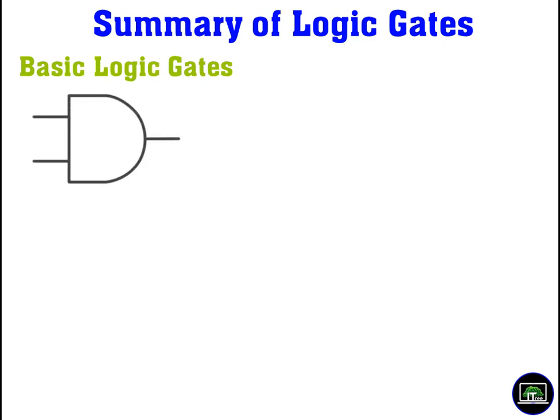First one we call this one. This is a symbol for that. This logic gate is called AND. You should know how to draw this one nicely and clearly and correctly. You should be able to draw it correctly. So this is called the AND gate.